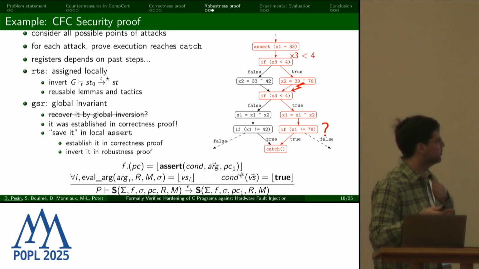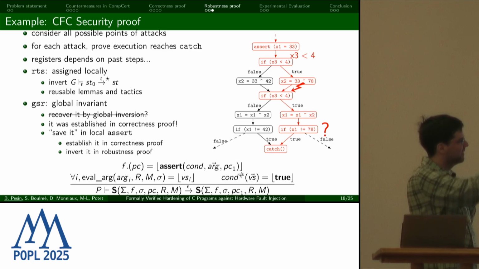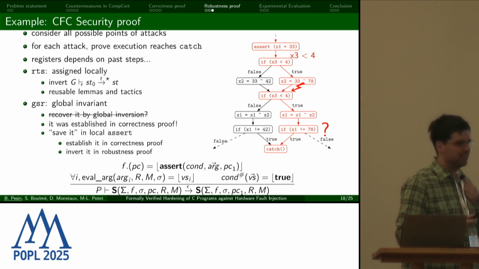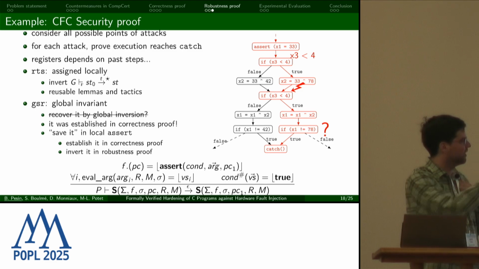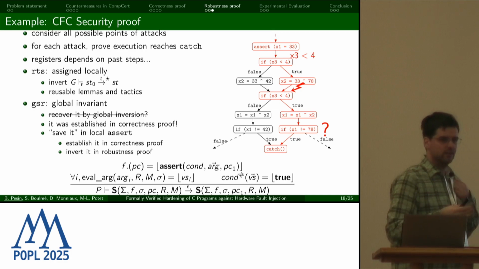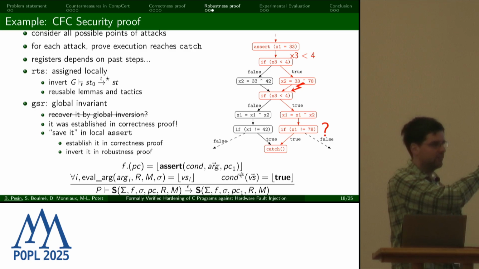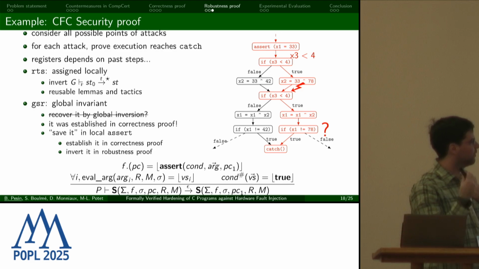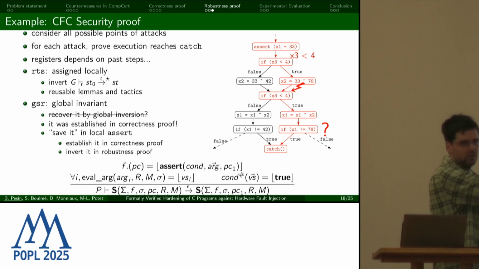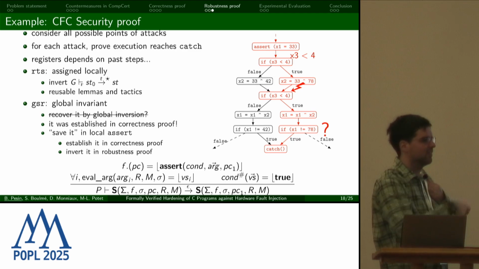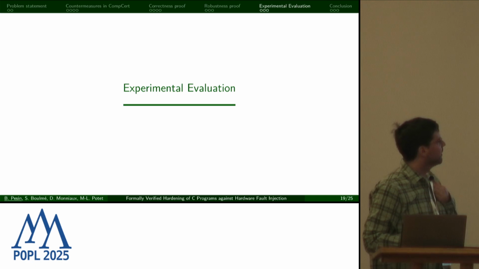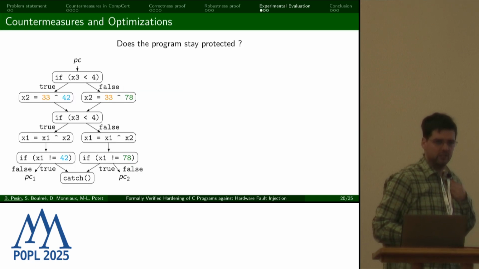But to be able to propagate this information, what we did is introduce a new instruction, assert, which encodes that a condition must always be true. If this instruction's condition, x1 equal to 33 here at the top, is not true, the program doesn't have a semantic. And so to establish the proof, we prove that this condition is true during the correctness proof. This is trivial because we already have the invariant. And then our local inversion allows us to recover the property. And now we know the value of x1 just by local inversion on the semantic derivation of this piece of code. OK, so that's it for the proof.